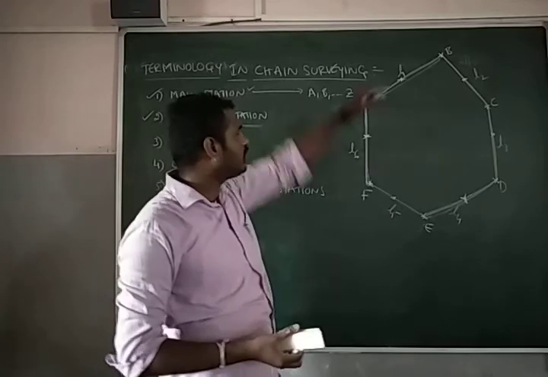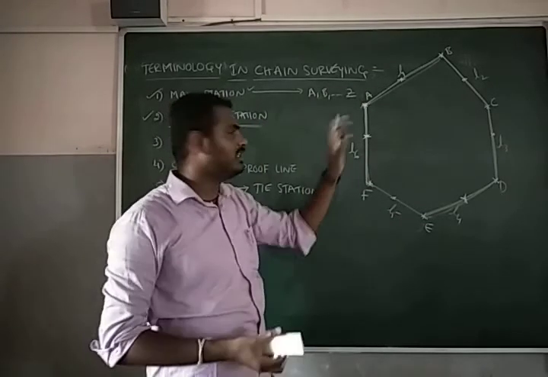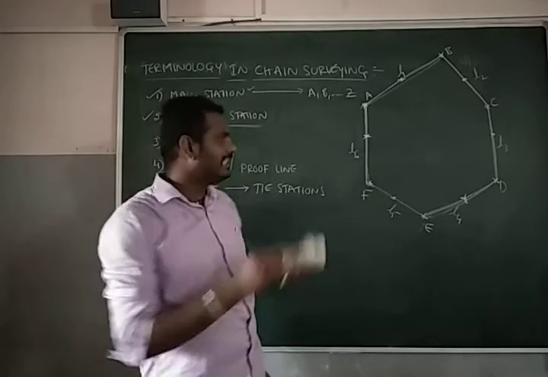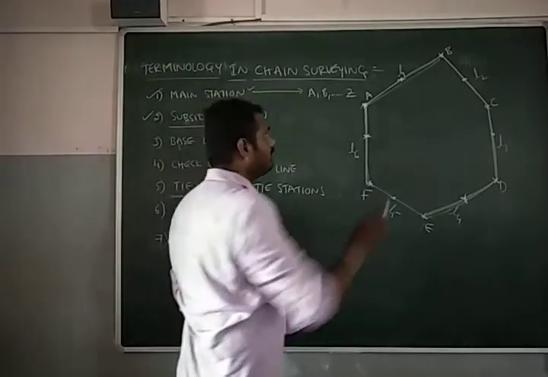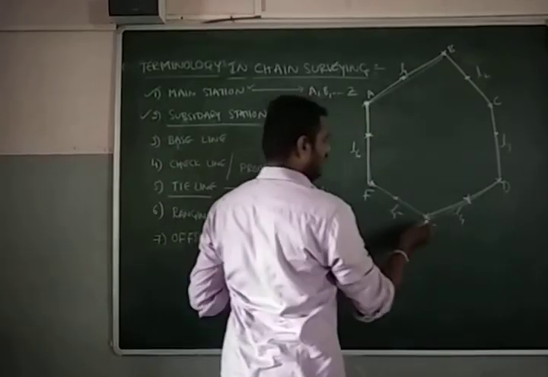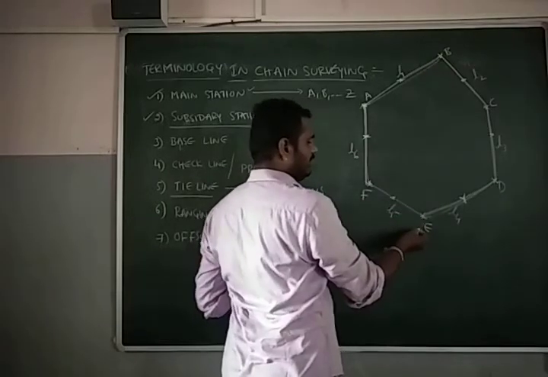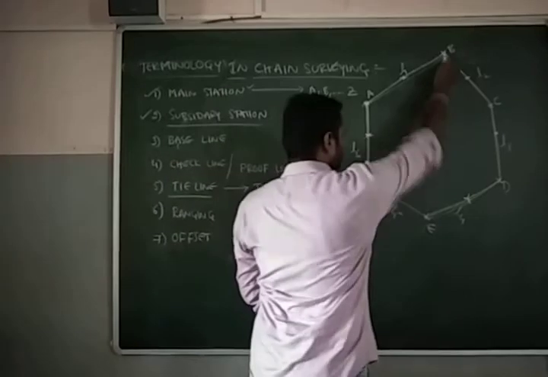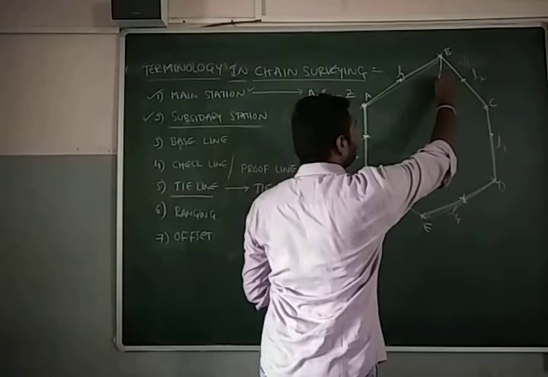Try to join a single point with all other points, and now measure the distance. If you do like that, in this figure you will get the maximum distance, which is bounded between B and E. I am sure that it is bounded between B and E. In the side it may be any position, but from the figure here, it is between B and E. So from B and E, I am going to locate a line.